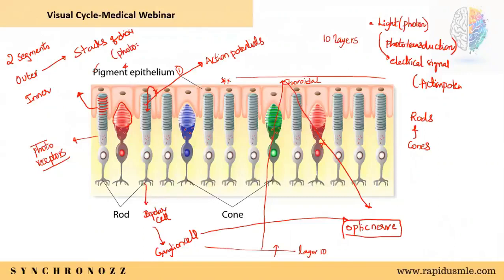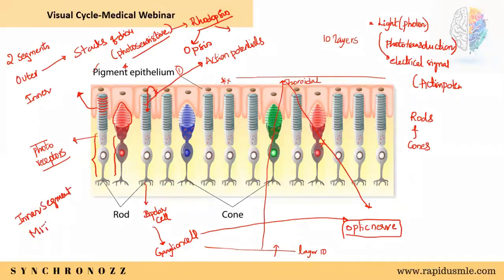And what is that photosensitive compound known as? It is rhodopsin. Rhodopsin is made up of opsin and retinal. You have to remember that this is the photosensitive pigment which is localized in the outer segment of rods and cones. The inner segment has an almost similar shape, and the inner segment is predominantly made up of